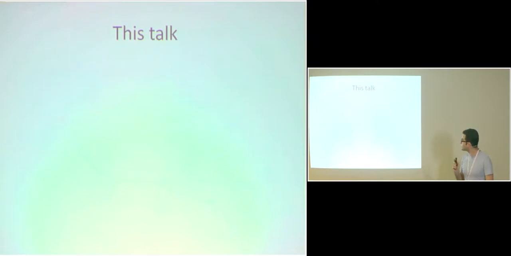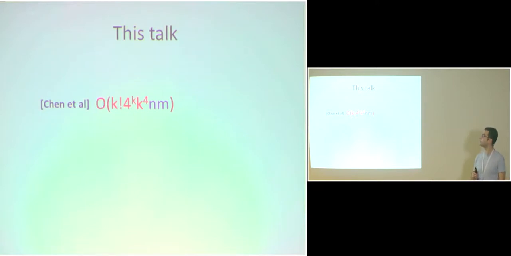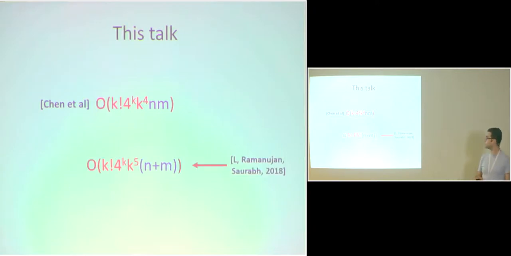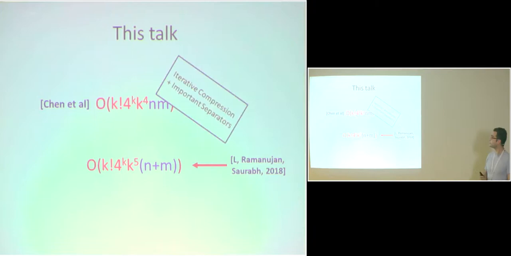Okay, so what is this talk about? I am going to explain to you almost entirely the algorithm of Chen et al., so the FPT algorithm for DFVS, and then I'm going to almost entirely describe how you make it linear. Okay, so the nice thing about the first one is that I get to recap iterative compression, which you've already